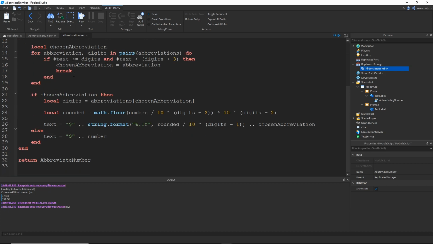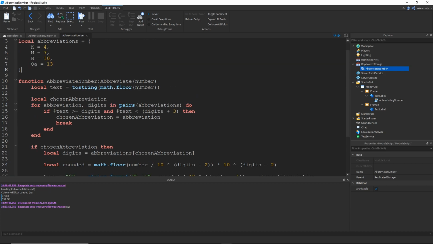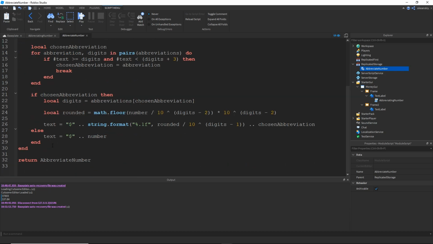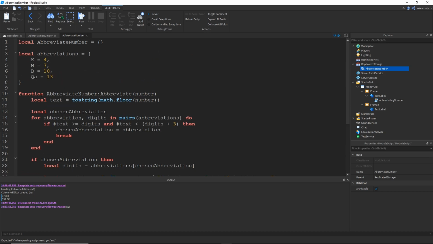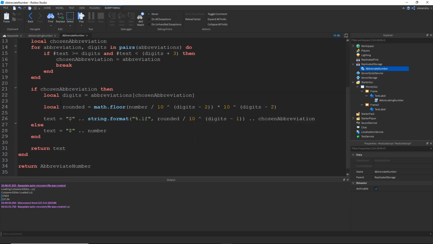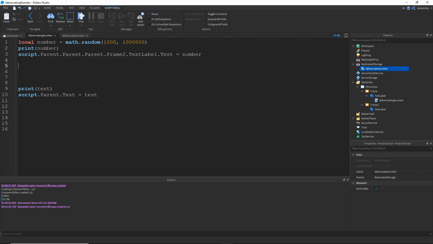And then lastly, after we've gotten our number and we've declared the text in the function, I'm actually going to go ahead and do return text. So this function takes a number and then returns the text appropriate for that abbreviation. So let's go ahead and, instead of doing text, see now that this text is actually kind of gone, we'll do local text equals, actually we need to do,